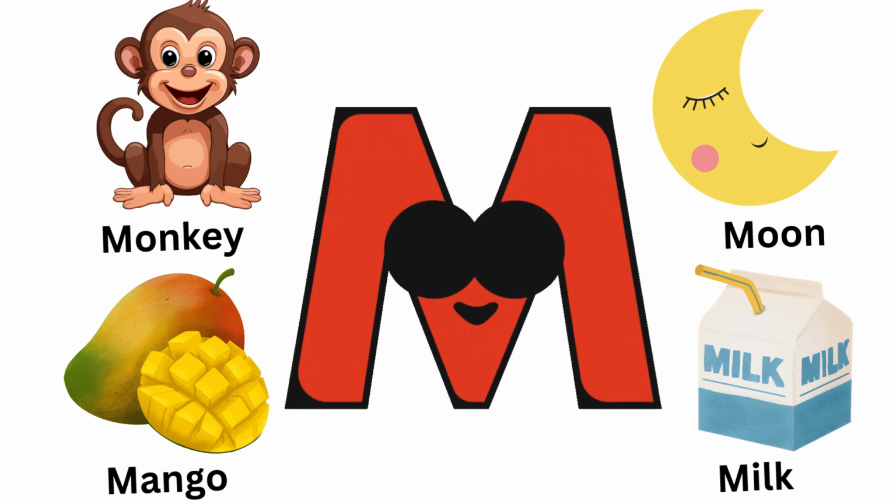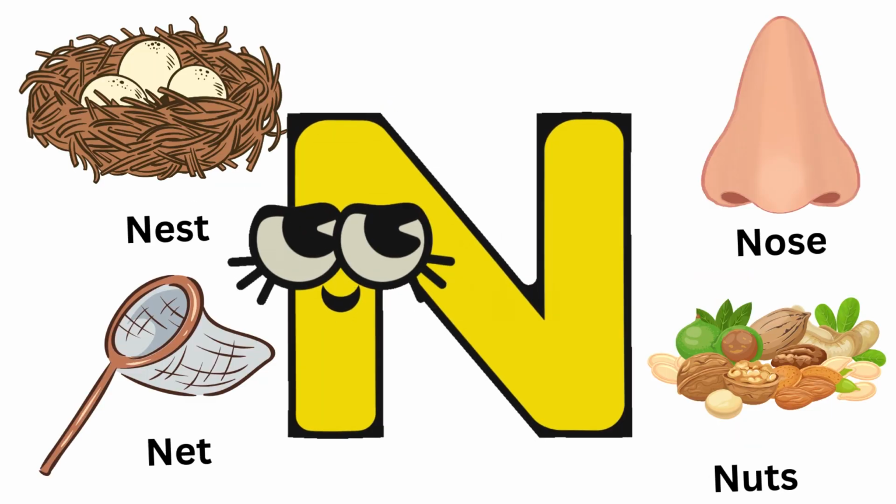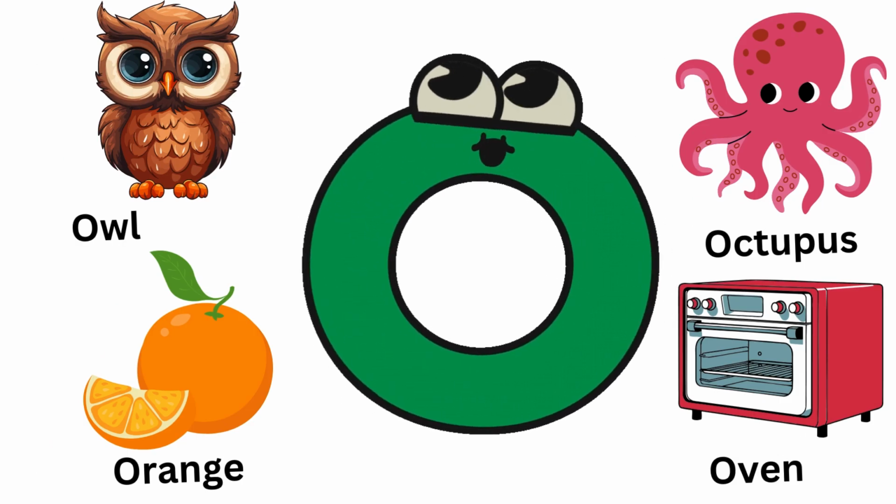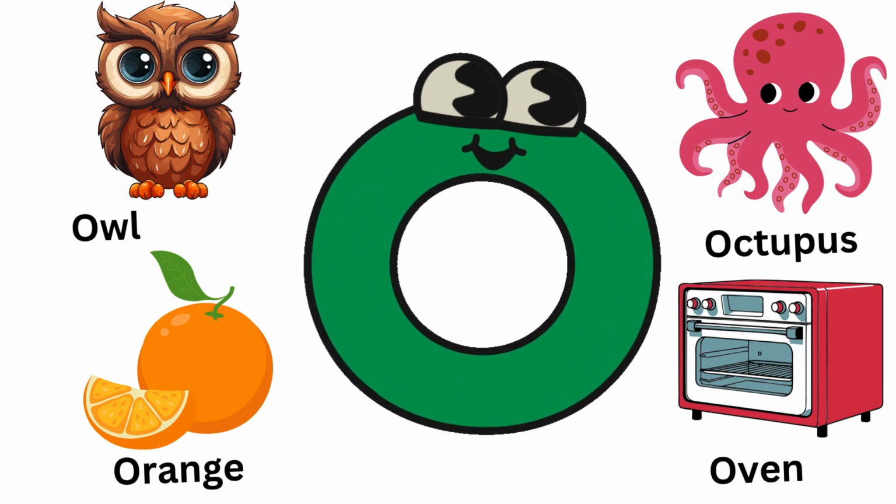M is for moon, N is for milk, N is for nest, N is for nose, N is for nut, N is for net, O is for owl, O is for orange, O is for octopus, O is for oven,